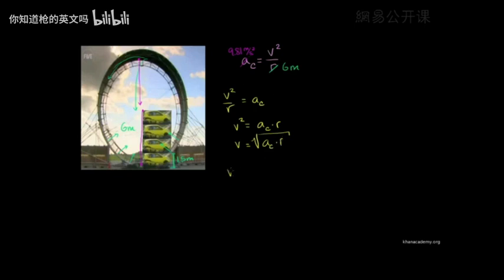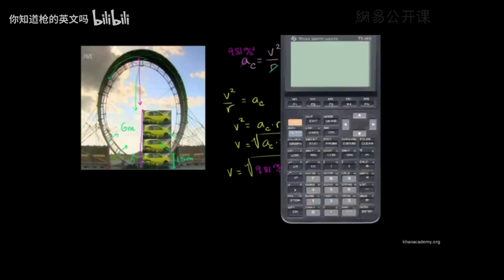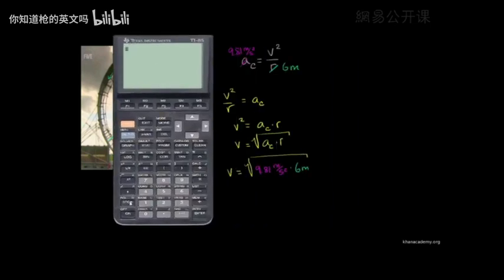And then if we plug in these numbers, this velocity that we have to have in order to stay in the circle is going to be the square root of 9.81 meters per second squared times 6 meters. And you can verify that these units work out. Meters times meters is meters squared per second squared. You take the square root of that, you're going to get meters per second. But let's get our calculator out to actually calculate this. So we are going to get the principal square root of 9.81 times 6 meters. It gives us, now here's our drum roll,